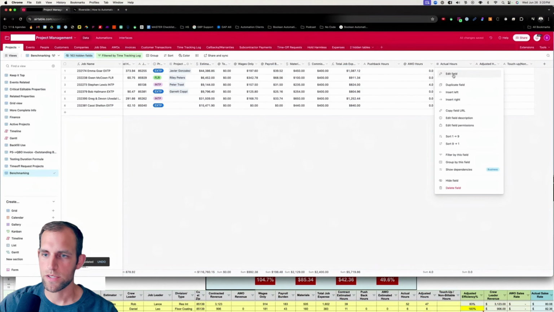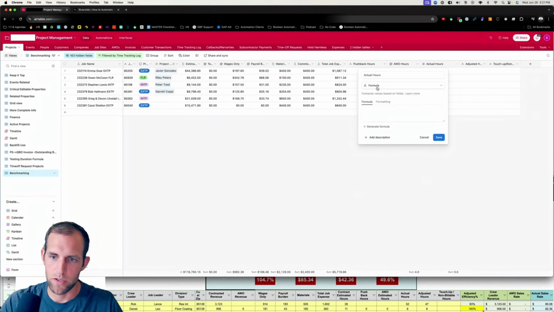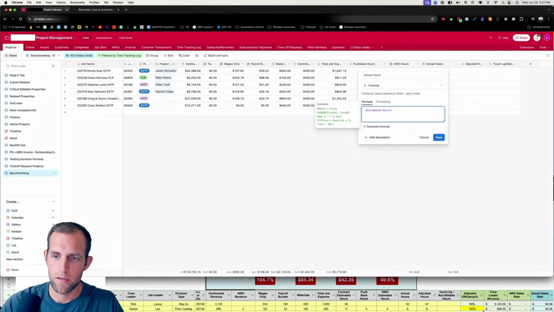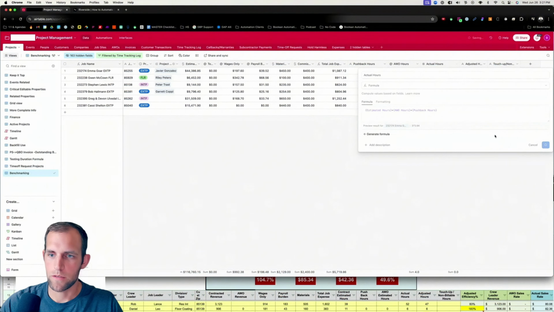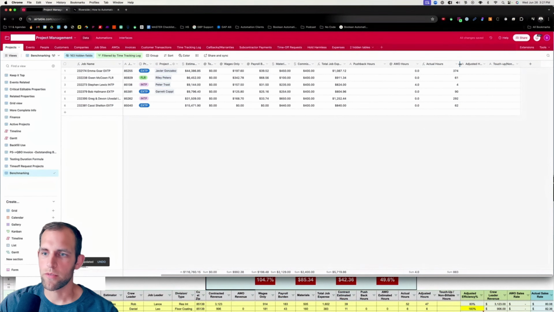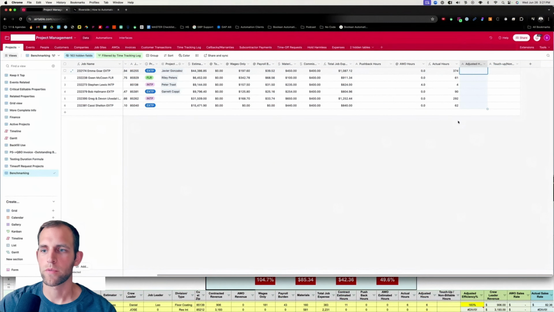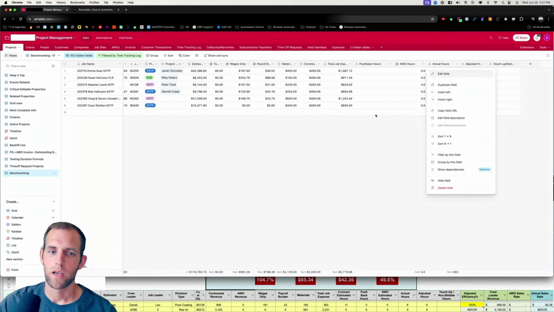And then we need actual hours, which would be another formula here. So we're going to do formula is estimated hours plus AWO hours plus pushback equals our total. So now we've got our total hours, or sorry, that actually is, how do we have that? We've got contract hours, pushback hours, AWO estimate hours, actual hours. Nope, that's incorrect. This actual hours is going to be another roll up of,